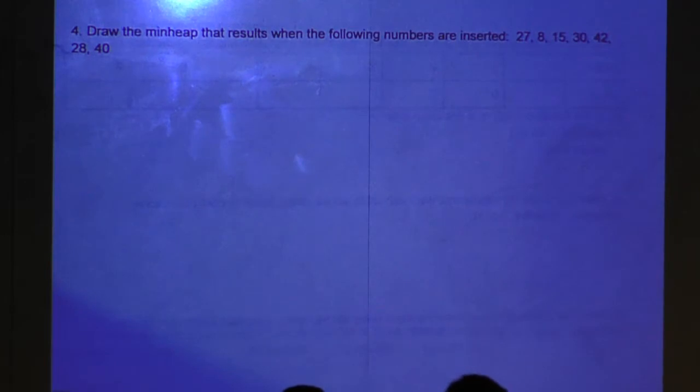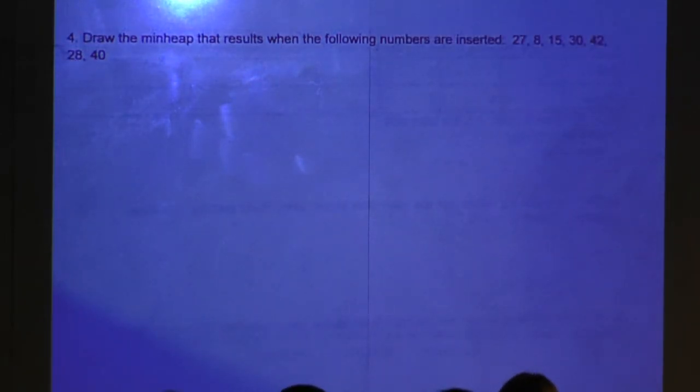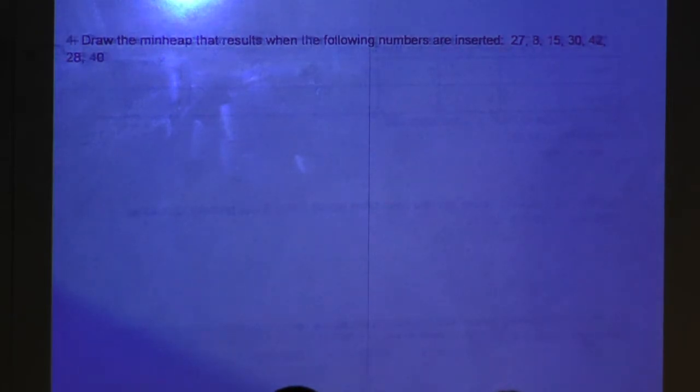Okay, so to start with min heaps, a min heap is a type of binary tree that is always complete. And when it says complete, that means it's filled up from the highest node to the lowest one. And on the lowest level, it's filled up from left to right. So I'll show you an example of that. So if you have this example here,